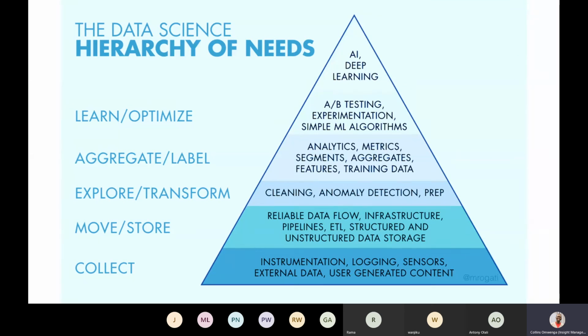And then if you need to do some level of training for that data for machine learning and artificial intelligence, then after you've done that, you're going from a perspective of where you want to learn and optimize how that data is collected and gives you some level of information. This is where you bring in scenarios of A/B testing.